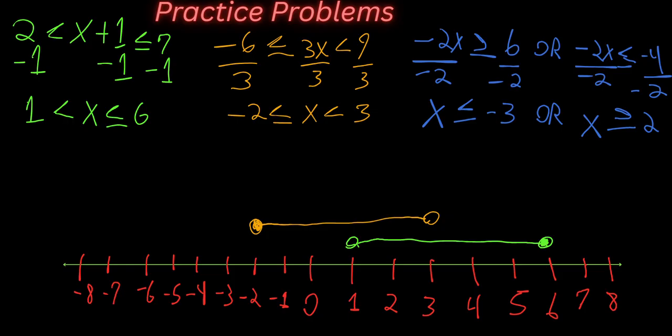Let's graph that. So x must be less than or equal to -3, so we're going to have a shaded circle at the point -3. Now x must be greater than or equal to 2, so we're going to have another shaded circle at the point 2. Now with an OR statement, we don't connect the dots, rather we stretch away, because every value greater than 2 satisfies this compound inequality, and every value less than -3 satisfies this compound inequality. So I know that was a lot,